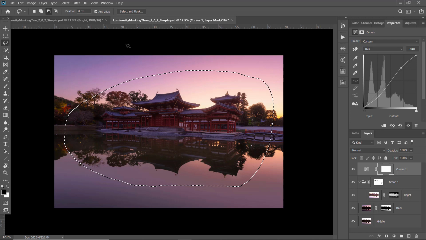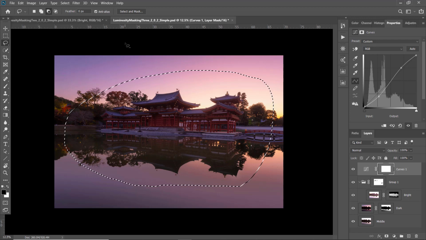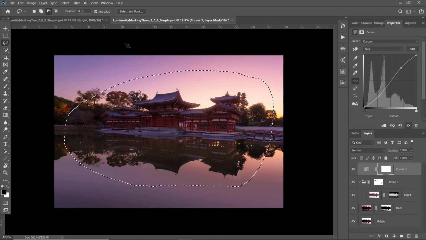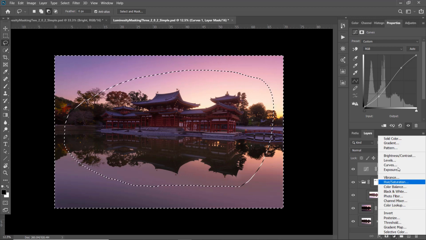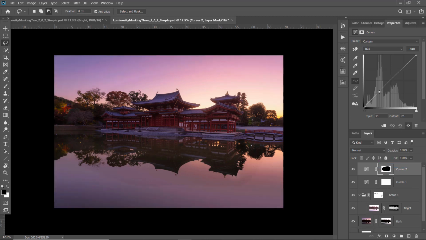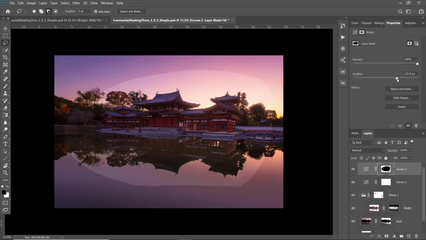Use the selection tool to draw a circle around the temple and pressing Ctrl-Shift-I or Command-Shift-I on Mac to invert the selection. Now I'm going to create another curve adjustment here, and I'm going to darken the surrounding of the temple. As you can see that we have very ugly edges here, so I'm going to add feather to maybe